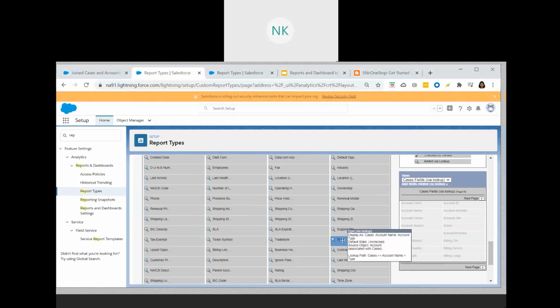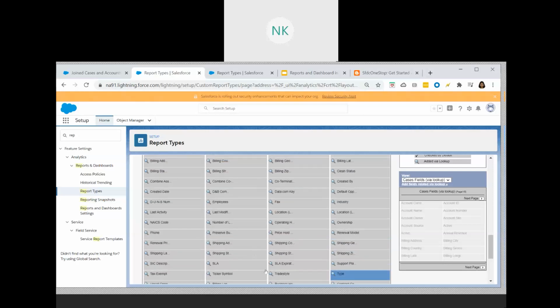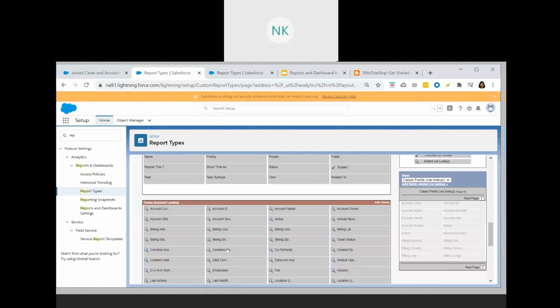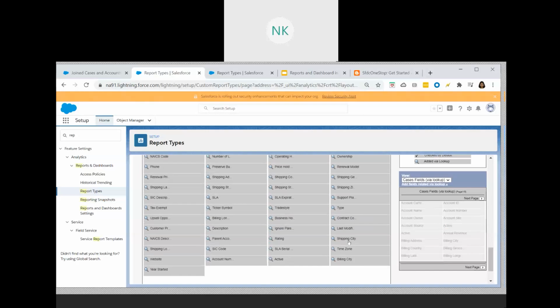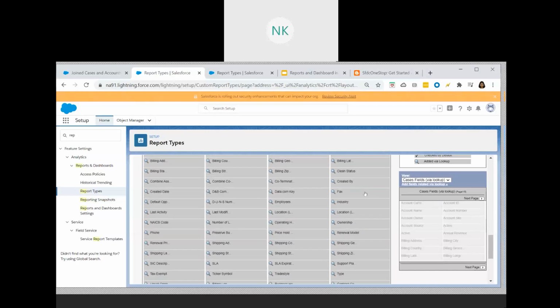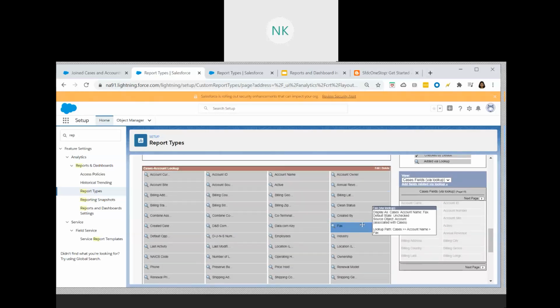Here you see it is displaying as cases, account name, and account type, so that it gives clear understanding to the person who is building this report that this particular field is related to the account type and it is not just a type. Sometimes it is quite confusing. Likewise, based upon your requirement, you can make changes to the display name. If you don't want all of these fields, you can remove one of these and put it back into the section. Cases, I don't want this.